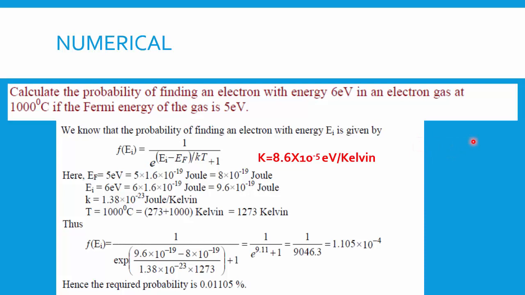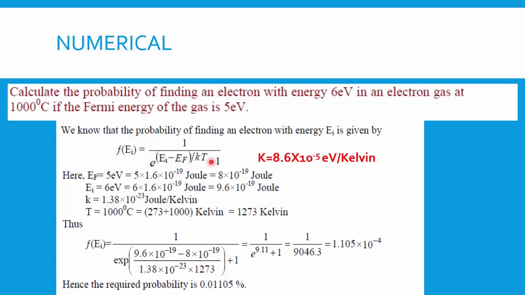Fermi energy is that energy level where you have 50% of the electrons lying. And you have other energy levels. So they are considering any of the energy levels, let us say EI, and the value is 6 electron volt, and you have Fermi energy given. So what do I have to calculate? I have to calculate the probability, so I have to calculate the value of F of E. So I will use this formula. Because I'm dealing with electrons, I will not use the distribution function formula for BE or MB.